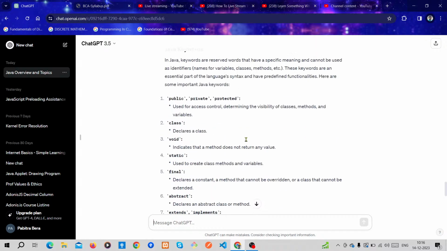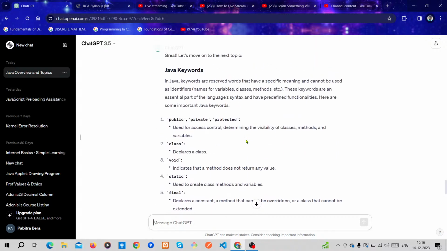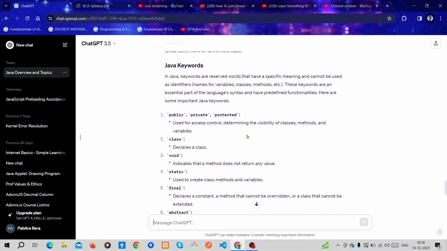Okay, so Java keywords. Every language has some keywords, or reserved keywords, which you can't use in your program as a variable name or function name.